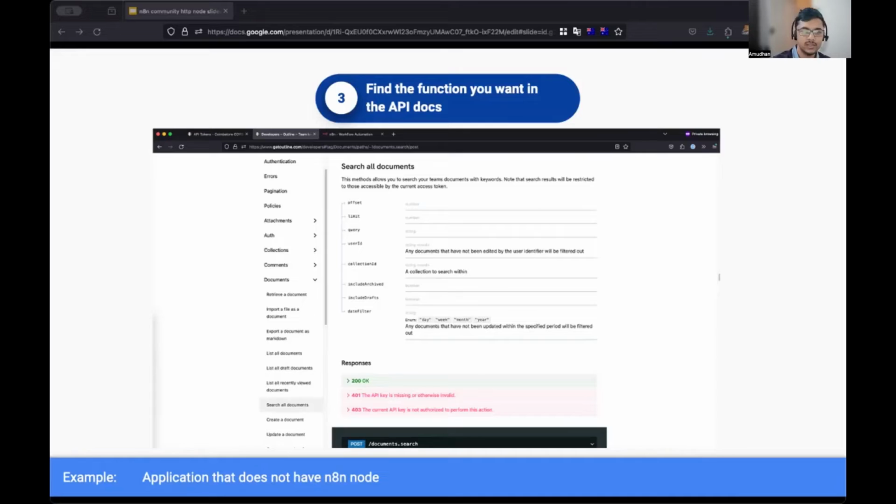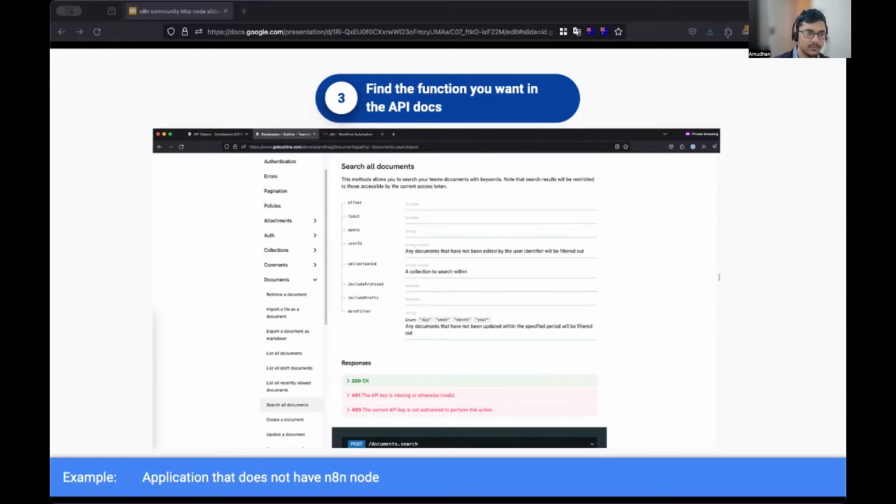And so this is the API documentation for searching all of the documents in my wiki. And these are all the options that you can use. And you can see at the end of the screenshot that it's a post request and the endpoint is documents.search. And the endpoint is the URL that you make the HTTP request to for that specific function. And you'll see me do that